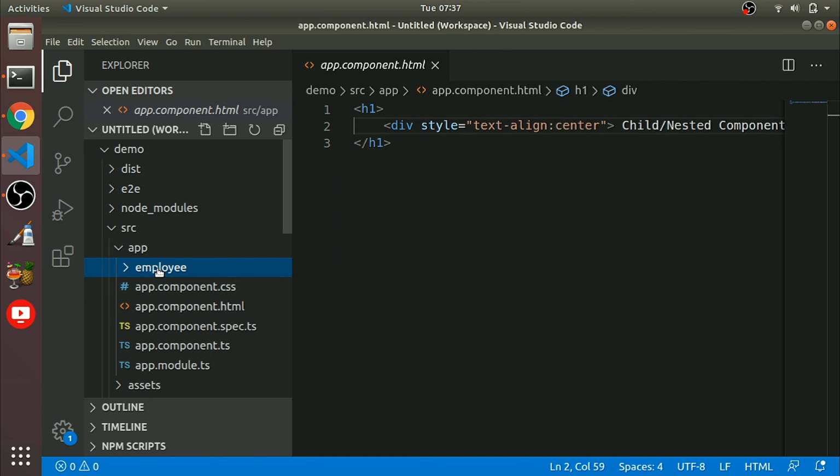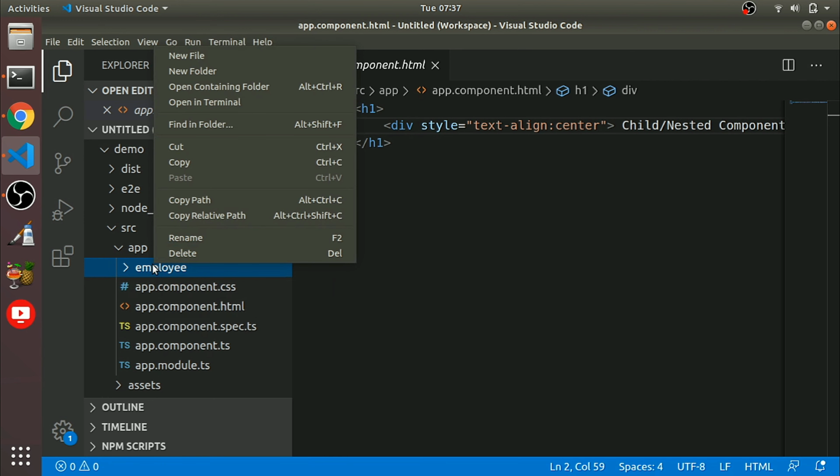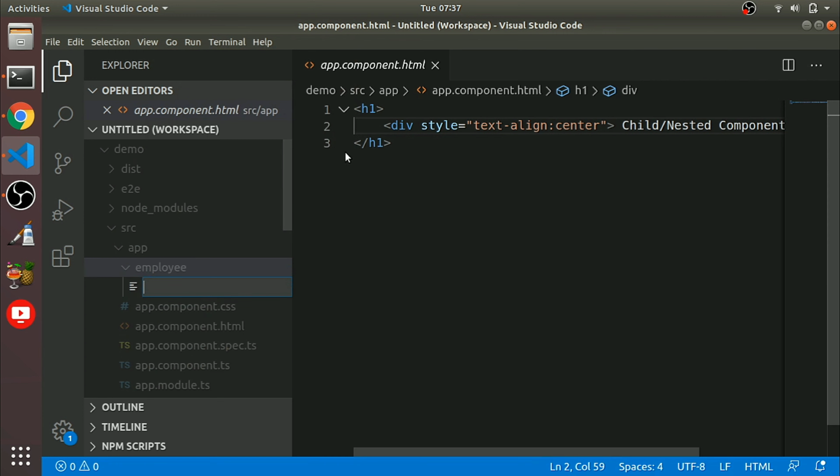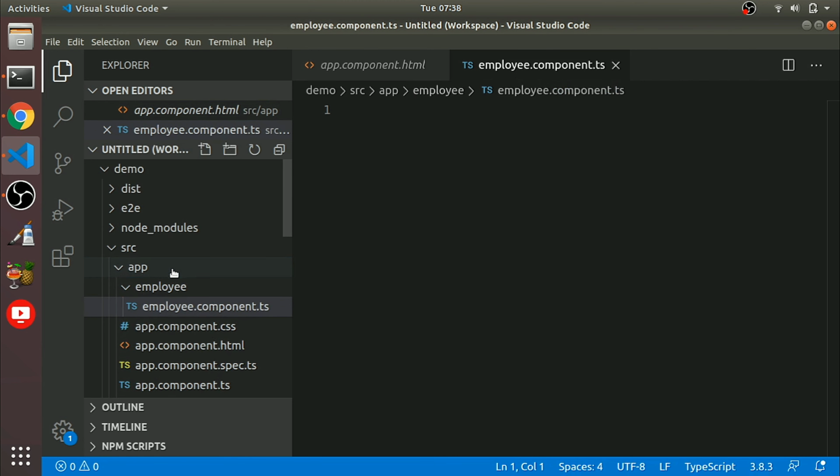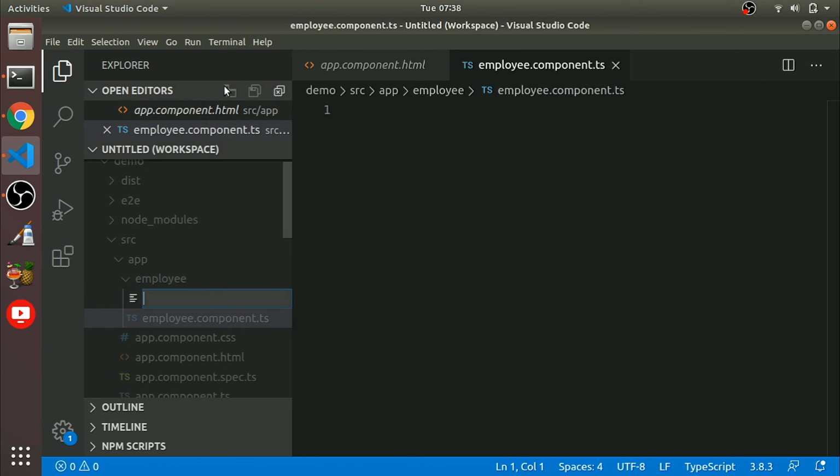Okay, so I'll create it like this. So what I'll do, I'll create a file. The file name will be like this, this is the feature, employee.component.ts, and let's create a template, employee.component.html.